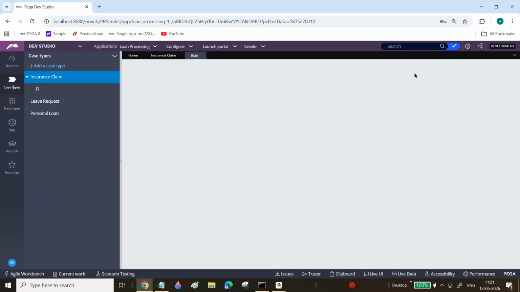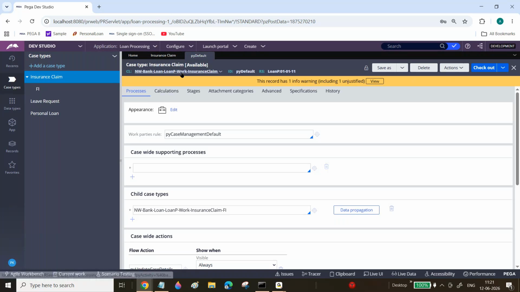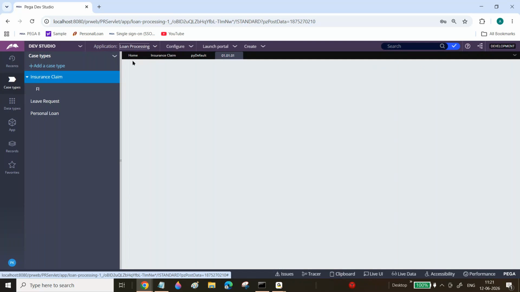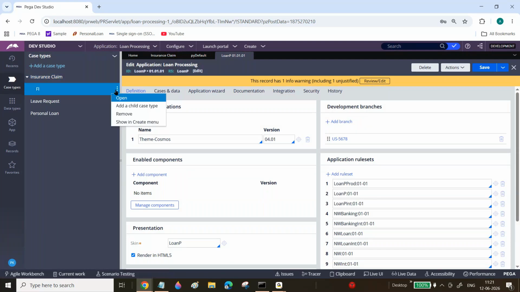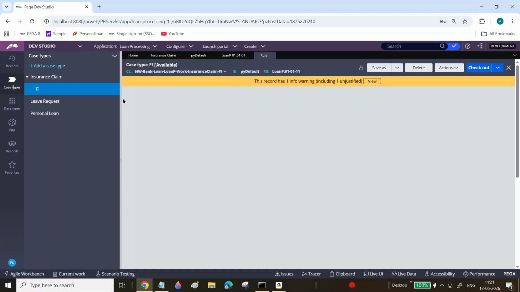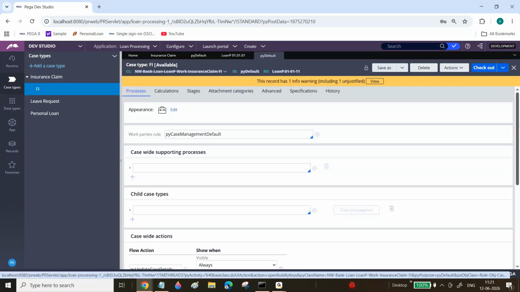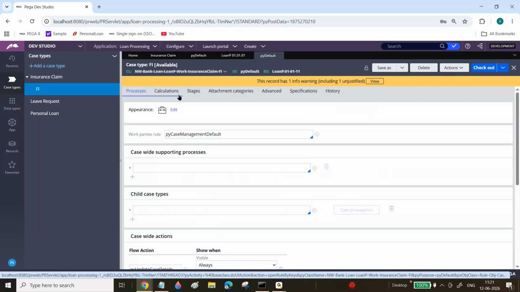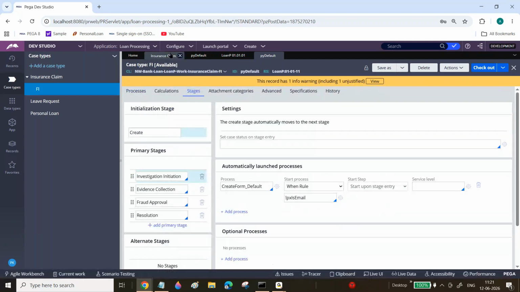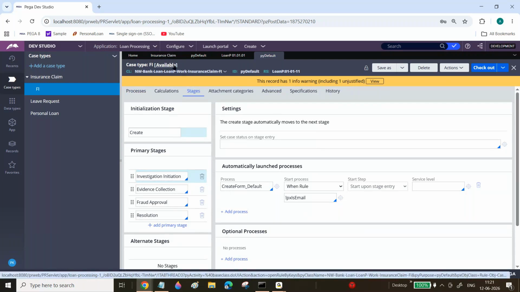Okay, open work icon loan P. What is my application? Okay, loan P 010101. Okay, now you can open your child case. Okay, child case. Now you can open here. Okay, now insurance FW. Okay,